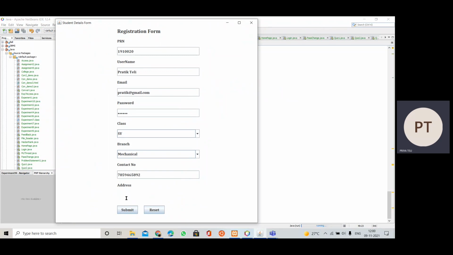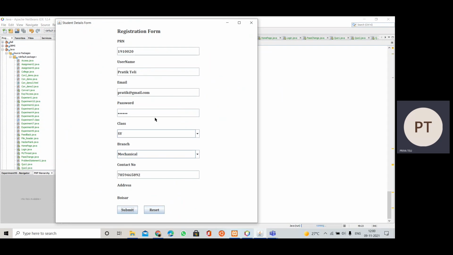Here it is a text area. Here comes address. Then we are going to click on the submit button to insert these details. So a new user ID will be registered in that case.